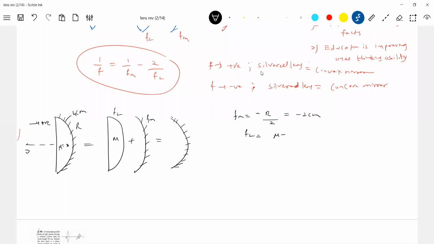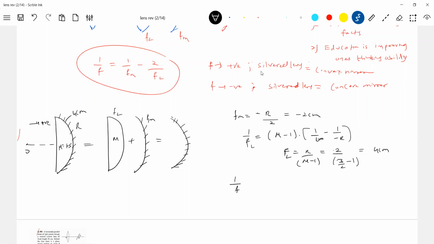This should be equal to mu minus 1 by r. Or if you're getting confused, it's the lens maker formula. What is the lens maker formula? 1 by f equals mu minus 1 into 1 by infinity minus 1 by r, or f equals r by mu minus 1. Already r you substituted as 2. Mu is how much? Okay, 1.5 we'll take, glass. So 3 by 2 minus 1, so this will be 0.5. So 4 centimeter is the focal length of the lens.